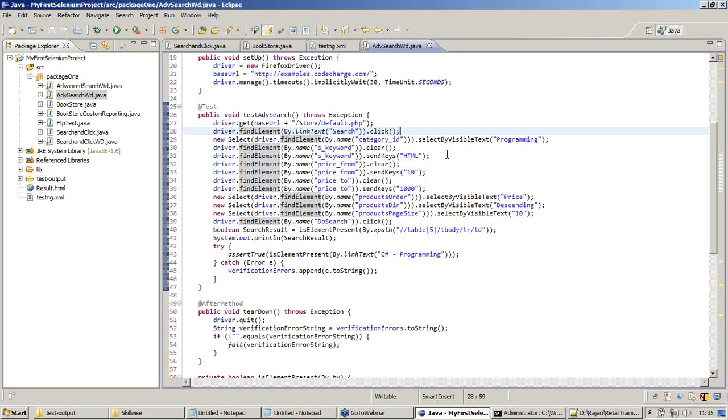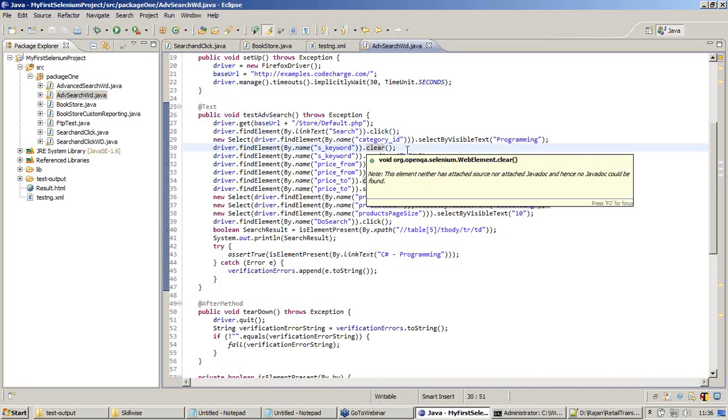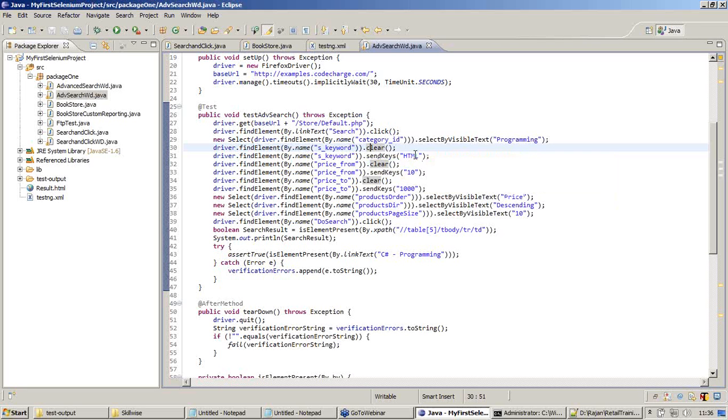Next line. It tries to choose the category. It selects programming as the category from the category ID drop down list. And next, we type something into the category. We say driver.findElement, which bears the name s underscore keyword. Find the text box and clear the contents if there are any already, and pass the value as HTML. Like that all the text